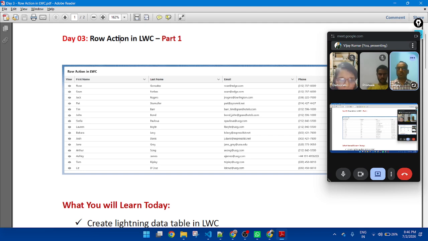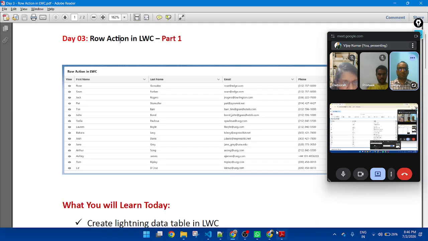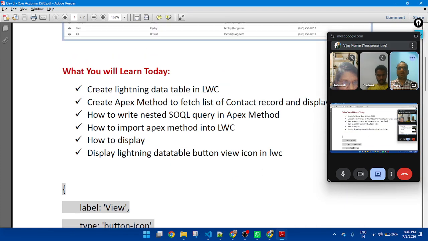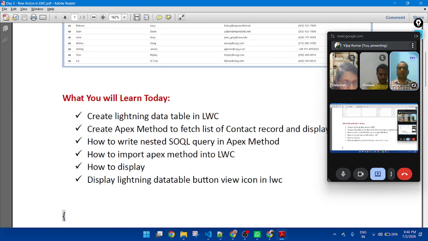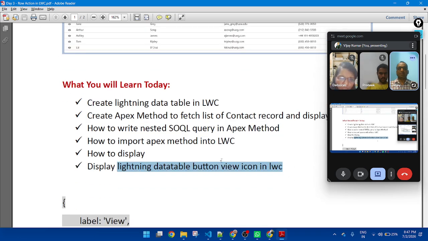So how to do it? Here you can see, to display the lightning data table button view icon, this one will display it.